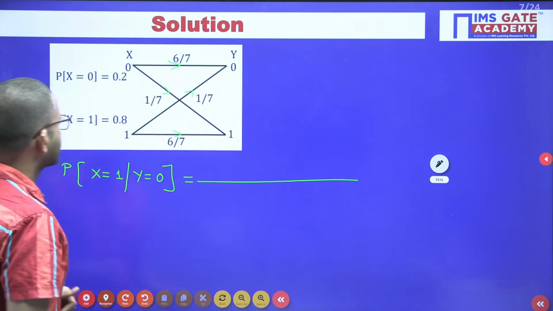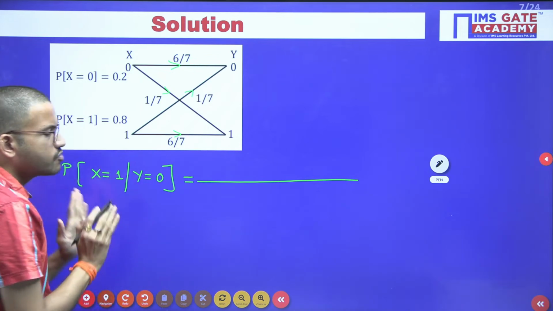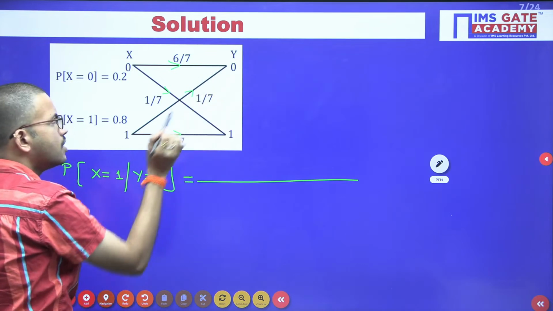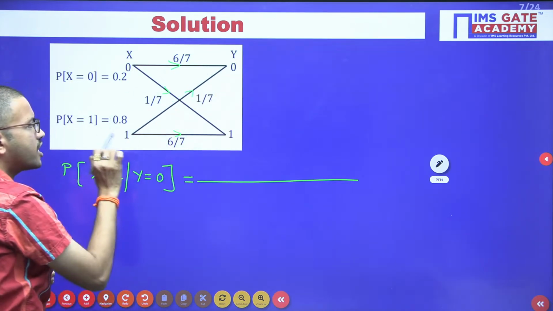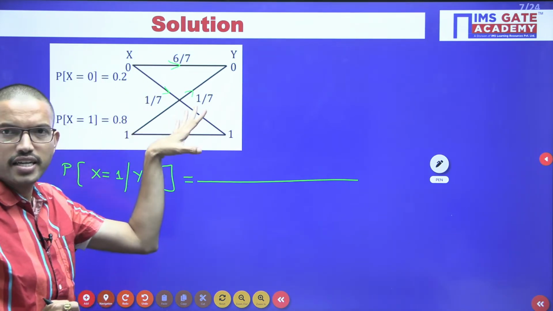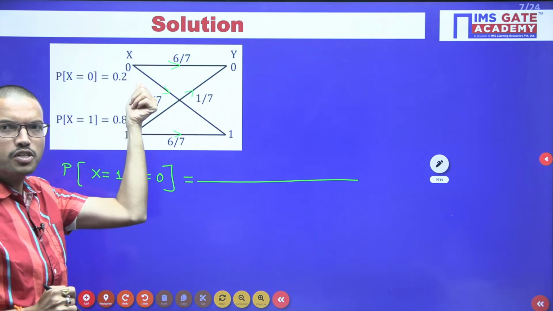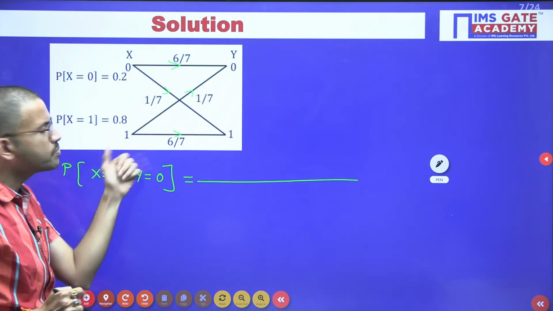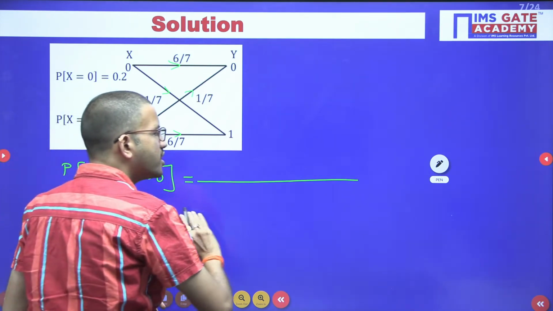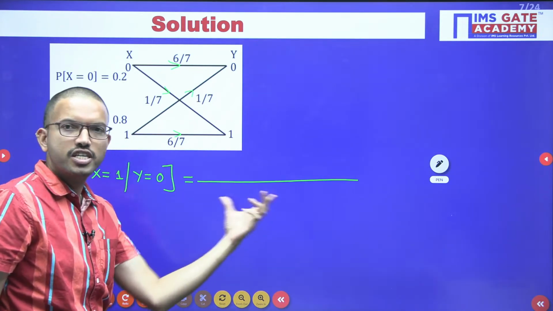Now if you observe the output, here our requirement is: you are getting 0 because the transmitted bit is 1. According to this diagram, you can receive bit value 0 either because the input bit is 0 or because the input bit is 1. Two possibilities you are getting, right? So for the time being, let us complete the denominator part first.